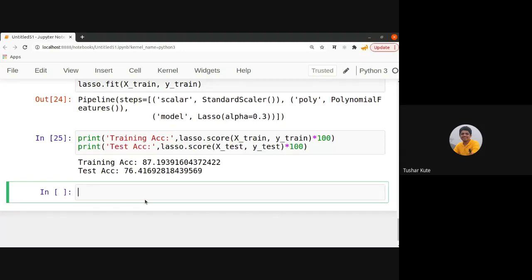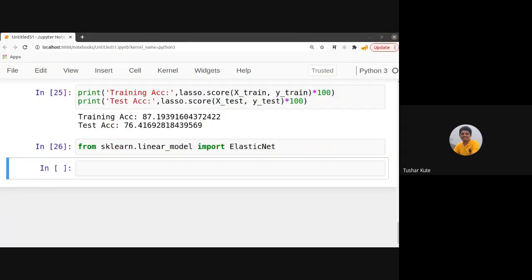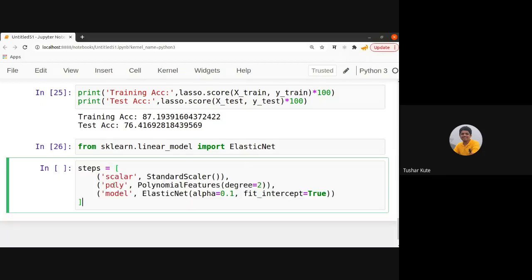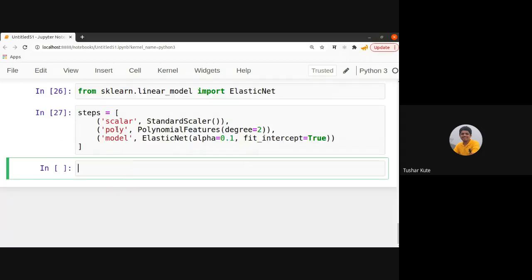Fine. And if you come to the last part, that is the third kind of regression, called elastic net regression. So let's see that one. I'll import elastic net regression also, which is present in the same package as linear regression. See this. So I imported ElasticNet, and similar kinds of methods that we have seen above I will apply. I have shown the formula for elastic net also, how the loss function is calculated there. It is a combination of the L1 and L2 norms. So see the steps I embedded.